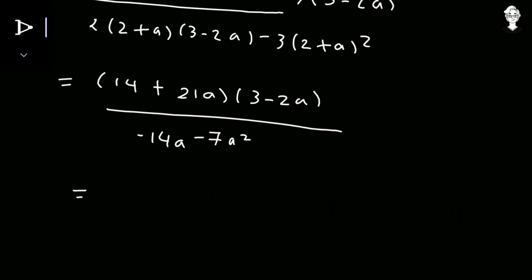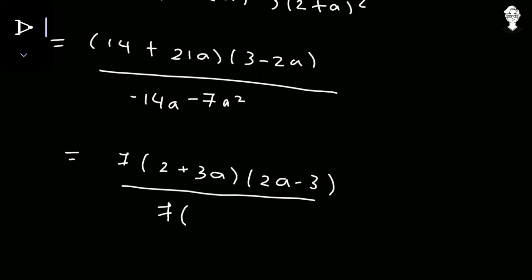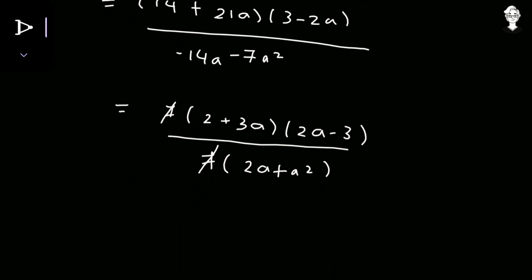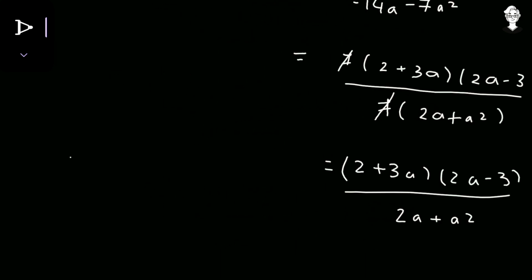And that is equal to, now we can see that from here and here we can take out 7 common. So from the numerator 7 taken common, so inside the bracket it will remain 2 plus 3 times a. Now the negative sign from the denominator shifted in the numerator, it will change the sign present over there. So 3 minus 2 times a will turn out to be 2 times a minus 3, and in the denominator taking 7 common, so inside the bracket it will remain 2 times a plus a square. Now 7 and 7 got cancelled out, so what we finally have is (2 plus 3 times a) multiplied with (2 times a minus 3), and in the denominator 2a plus a square, and this is the value of 2